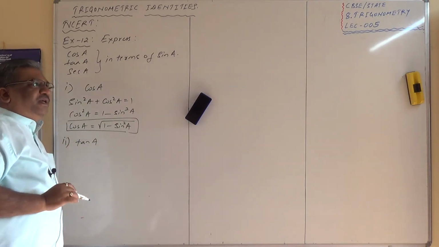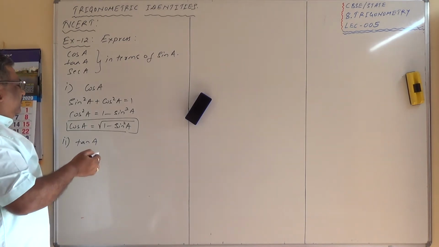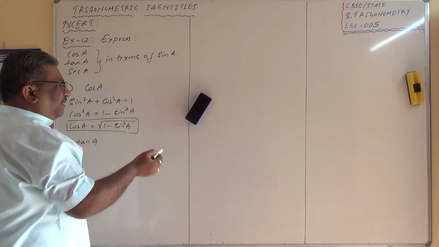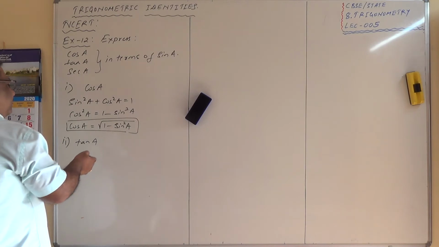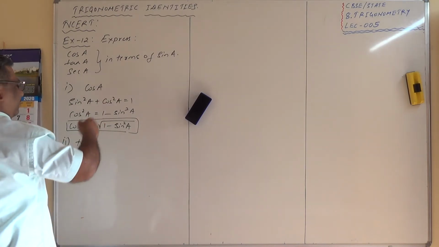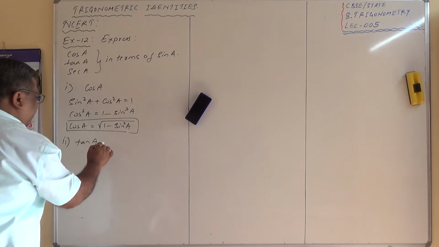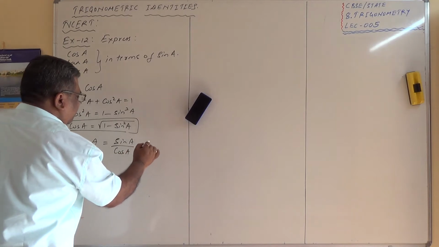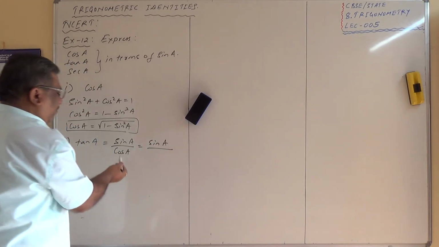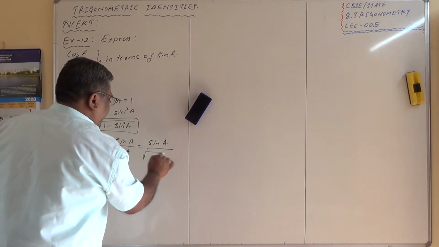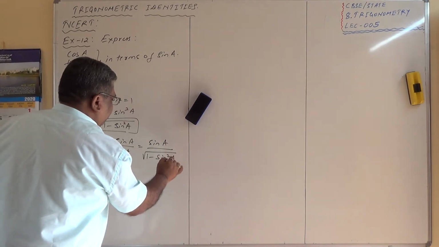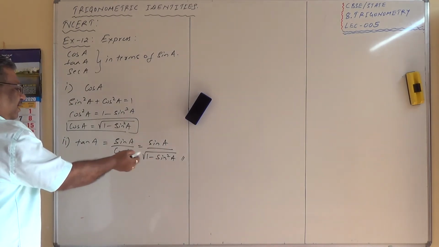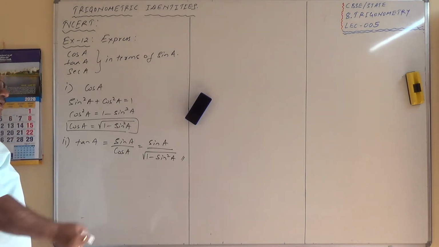So what relation do we know that tan and sin, the squared relations, or tan theta equals, I think you already know, tan theta equals sin theta by cos theta, and cos theta already you know, and sin theta we keep it on the numerator. Let's see. So tan A equals sin A by cos A, which equals sin A divided by, what is cos A? Under root of 1 minus sin square A. That's all. Because you can write the reason here, because cos A equals under root of 1 minus sin square A. That's the reason you can write.